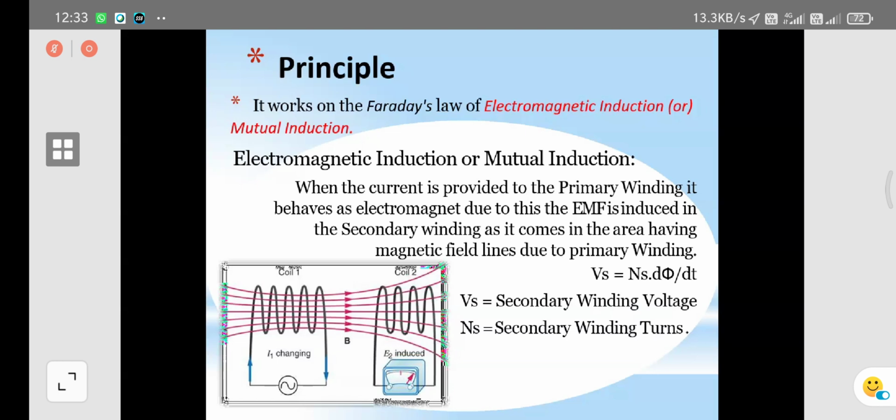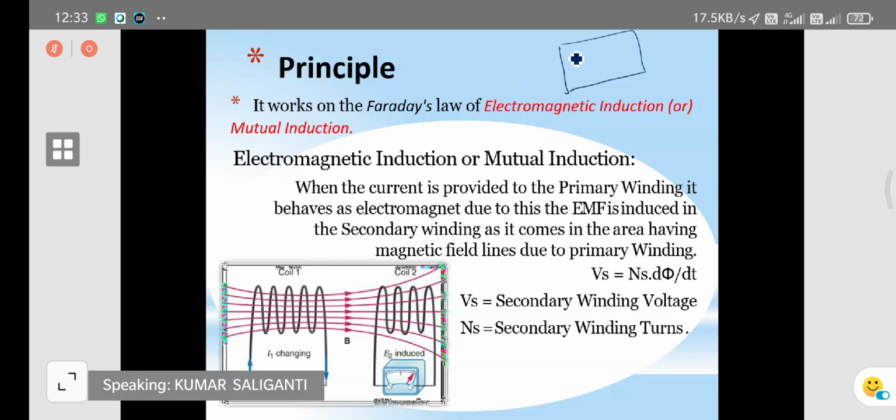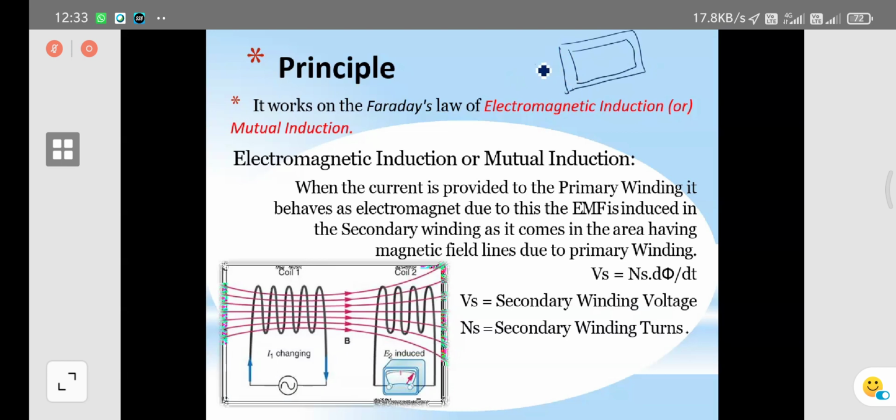So what is electromagnetic induction or mutual induction? You can see these are like coils here. This is like one coil, the coil is like that. This is coil 1 and this is coil 2. Let us take this as the source, so coil 1 has a source here. And this is like a load. I am giving one type of load here on the secondary side.